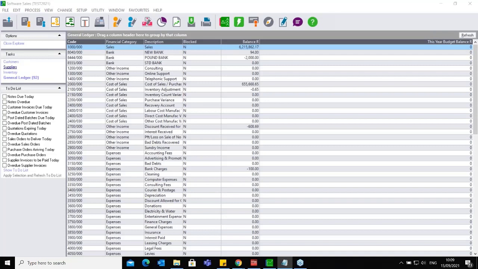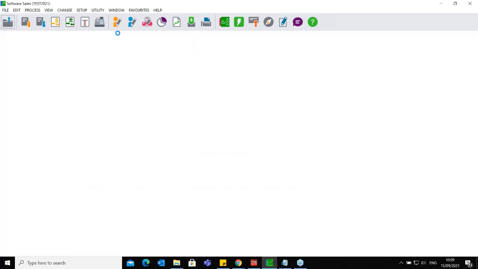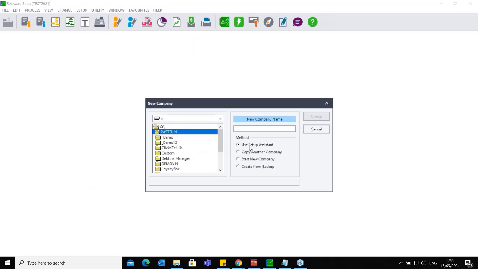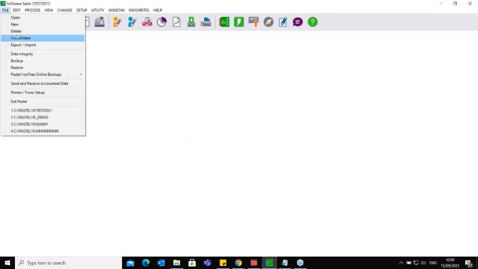Now the next thing is when you are creating a company, most people found themselves in a situation where after creating a company, they don't have certain functions, or some of the settings are constantly asking them to put in a control account or put in a sales account or make sure there's a default store, whatever the case. So each time you create a new company, we always recommend that you use the setup assistant. On this screen, when you go to File, let me just close that and start that again. So when you go to File and then go to New,